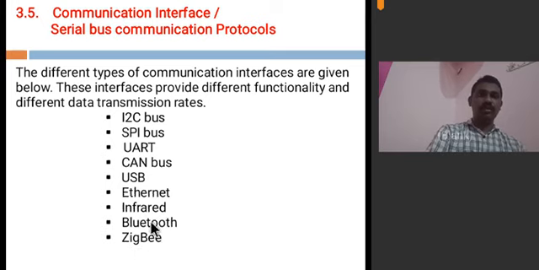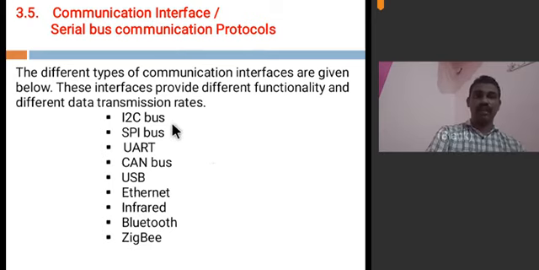And compared to Zigbee, Bluetooth is only node to node communication. You can pair with only a single node in Bluetooth communication. But coming to Zigbee communication, you can pair multiple nodes. You can connect multiple nodes in Zigbee communication, and you can transfer data to any node that you require in this Zigbee communication protocol. Understand?